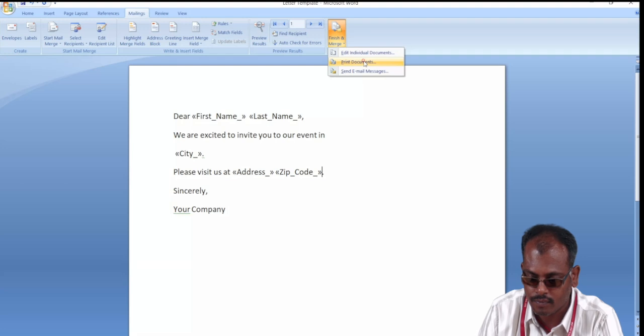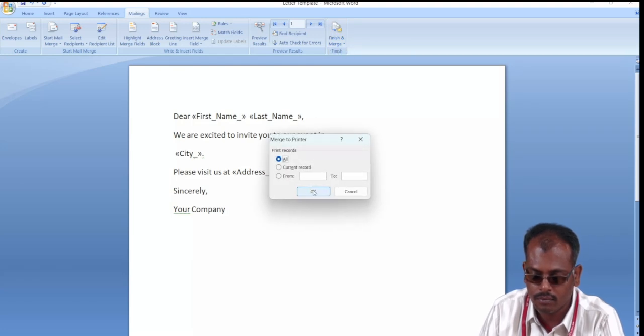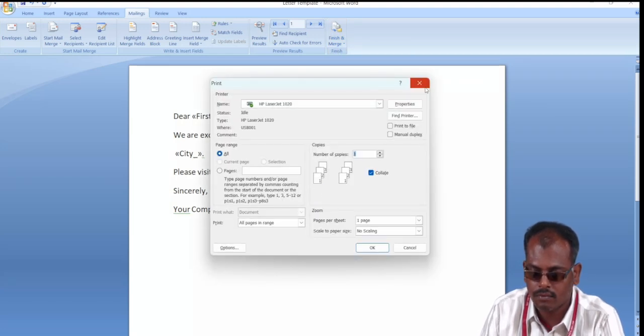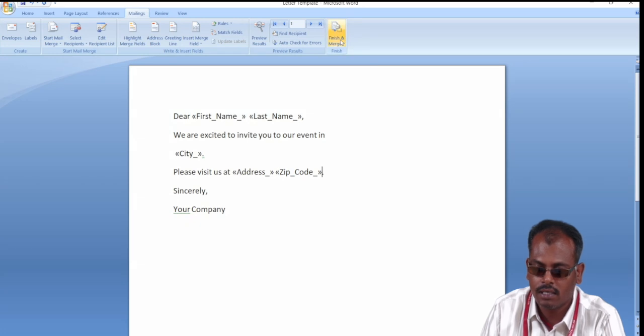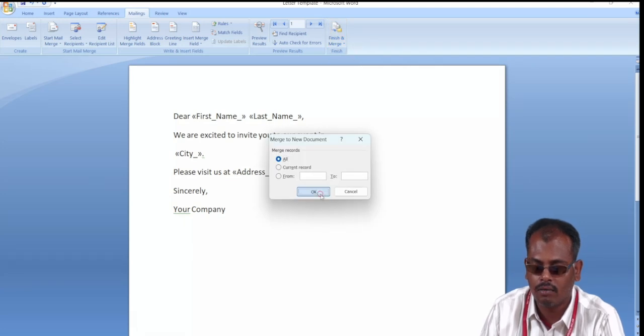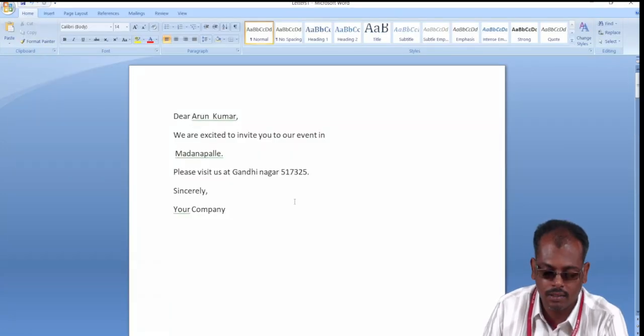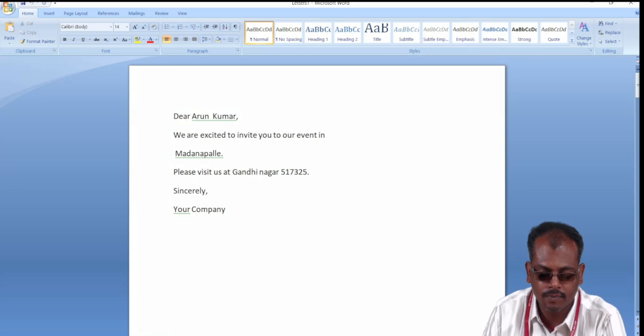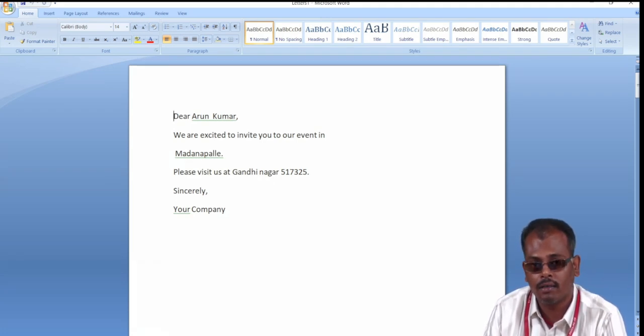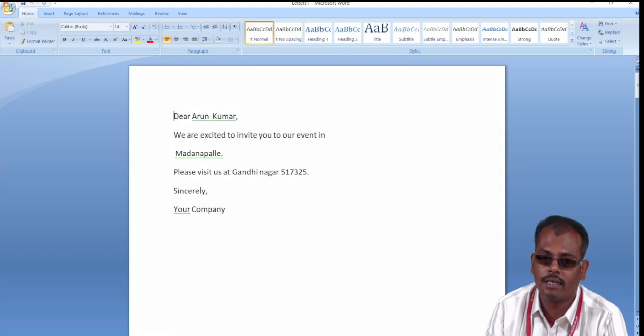We will see. Just wait, we will go for edit. Now straight away we are going for printing. No, we will see Edit Individual Documents. Click here, All. See, if you notice here, how many pages are there? 1 of 5. Earlier only one page was there, and that was raw content. So that raw content has been prepared accordingly for 5 recipients, which we have mentioned in the data source sheet. See here, dear